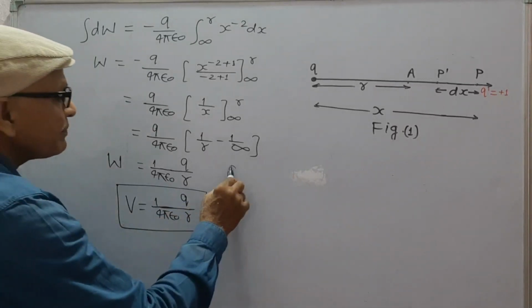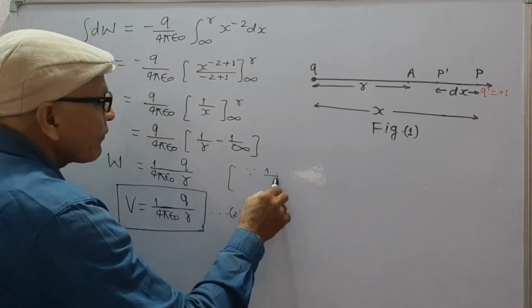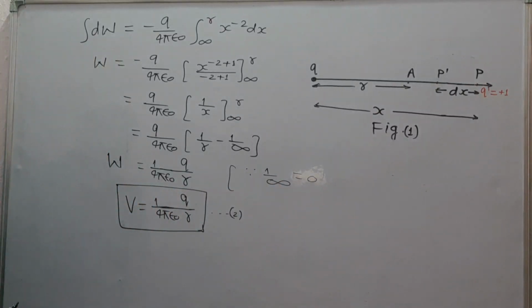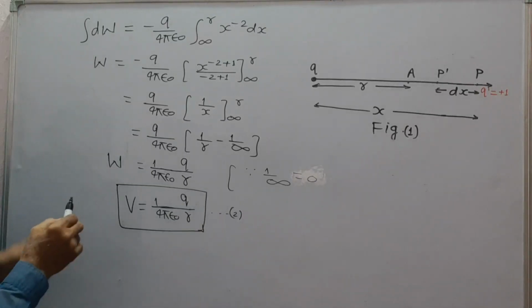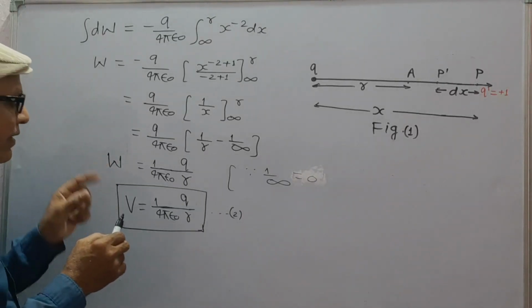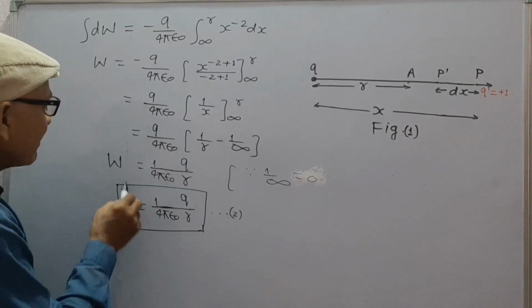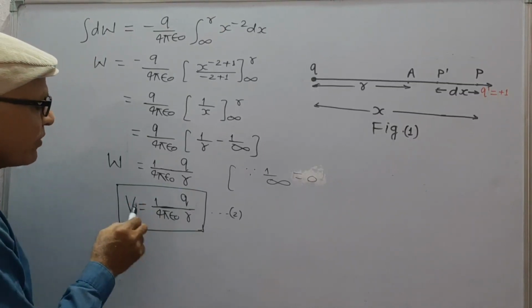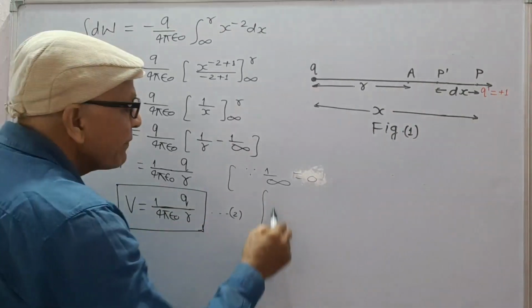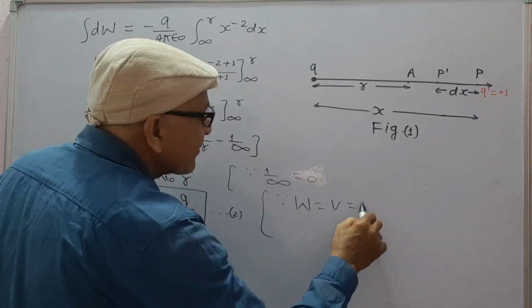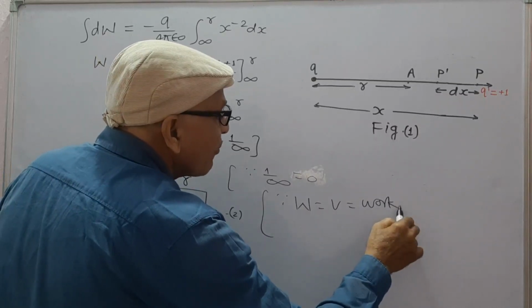Therefore, we get W = 1/(4πε₀) Q/r, and by the definition of electric potential, this work done must be equal to V, because W will be equal to V, equal to work done